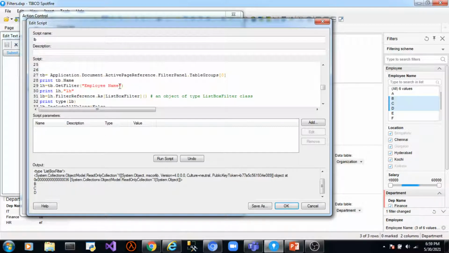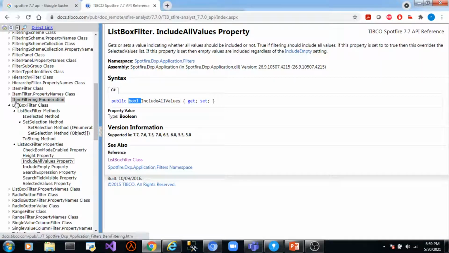This is a string type. If you go to the definition of this method, which is defined in the class table group, we have used this method with an instance of the table group. That means this method is defined in the table group class.